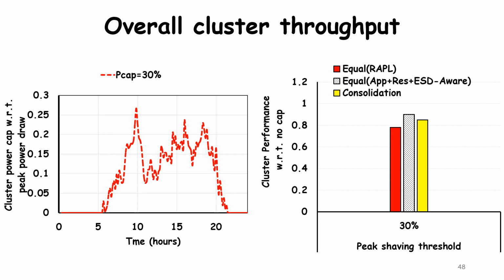The second policy is also to allocate power equally but uses the proposed heuristics. The third policy is slightly different, as it powers only as many servers as allowed by the cluster-level power budget, hence a power cap is not imposed on any active server. As we can see, the proposed heuristics provide over 12% improvement in cluster throughput compared to equal allocation of power using RAPL. It is comparable to or better than the server consolidation approach by 3 to 5%.